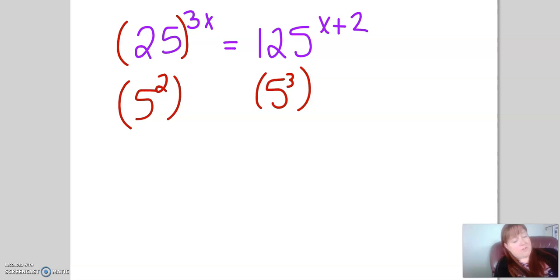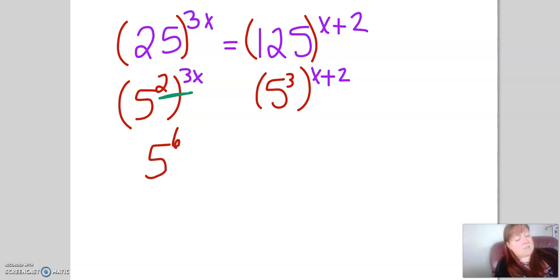So instead of writing 25, I now have 5 squared to the 3x. And instead of writing 125, I now have 5 cubed to the x plus 2. And now we have exponent rules, and our exponent rules tell us when we have two exponents like this, we can just multiply them together. So I end up with 5 to the 6x, because 2 times 3x is 6x, equals,